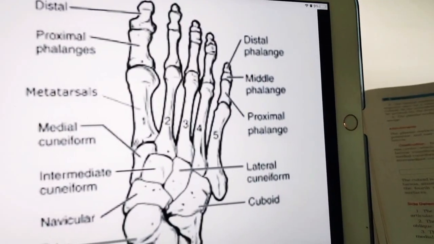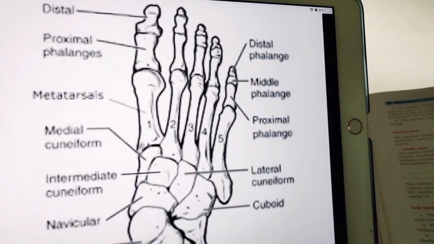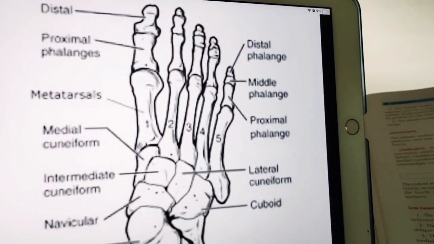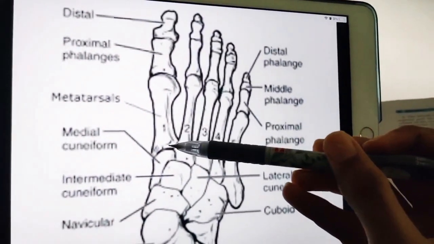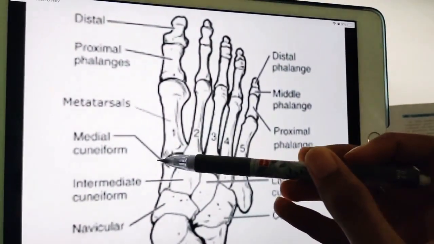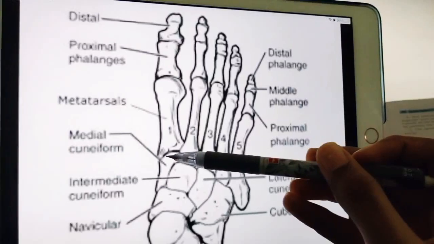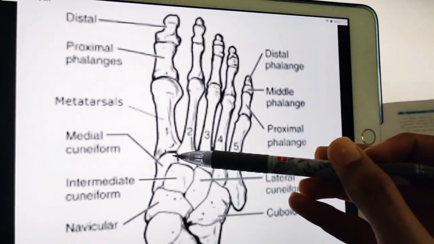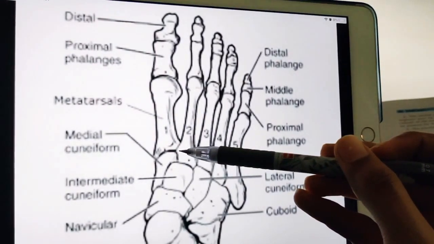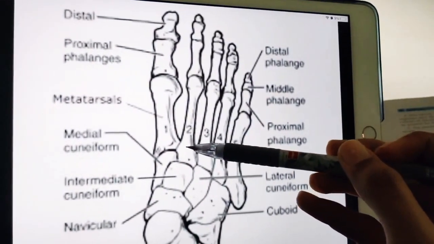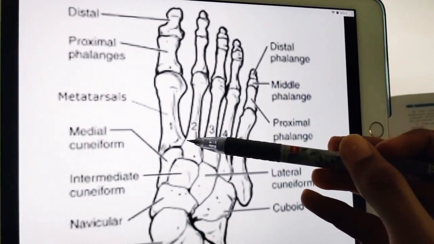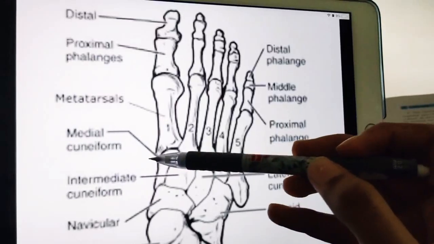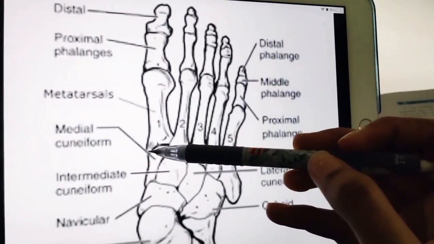Now we'll understand the different attachments of the metatarsal bones. A part of tibialis anterior is inserted on the medial side of the base of the first metatarsal. Over here there is the attachment of tibialis anterior, and the greater part of peroneus longus is inserted on a large impression at the inferior angle of the lateral surface of the base of the first metatarsal. Over here this is the medial surface, this is the lateral surface. So here there is the attachment of peroneus longus, and here there is the attachment of tibialis anterior.